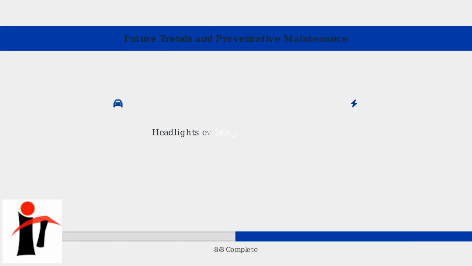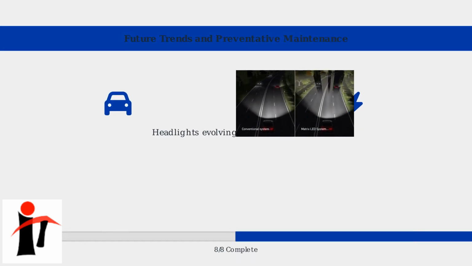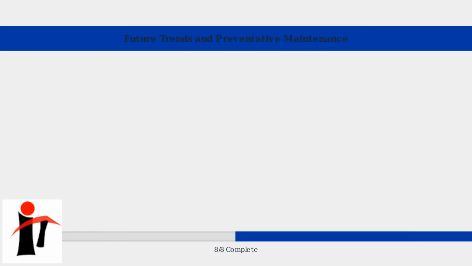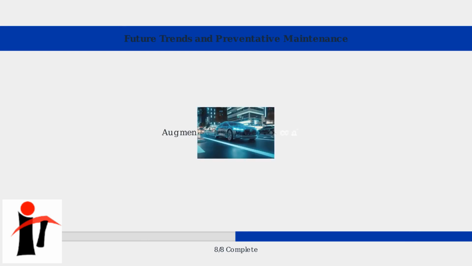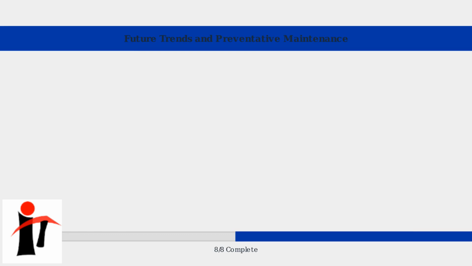Tesla's adaptive headlights are continuously evolving with software-centric fixes and integration with autonomous driving tech. Regularly check for firmware updates and address any warning lights promptly. Experts predict a 95% resolution rate for headlight issues by 2027. As vehicles age, consider modular designs for easier repairs. For the future, keep an eye out for augmented reality overlays via the headlights, projecting navigation cues or hazard warnings directly onto the road in upcoming models. This could reduce reliance on external sensors,